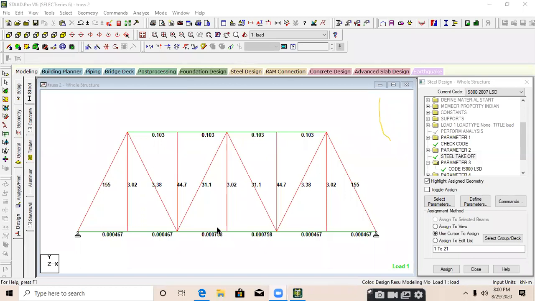Someone asked about PEB buildings. We'll try to do PEB also, because in a PEB the sections are reducing and increasing, so the section size is reduced and increased, which makes it difficult to plot in STAAD Pro. But I'll tell you some hacks for that. Generally, a PEB structure is designed for one single 2D frame. We'll do that.